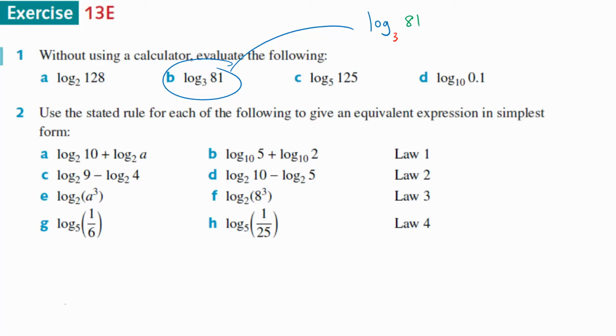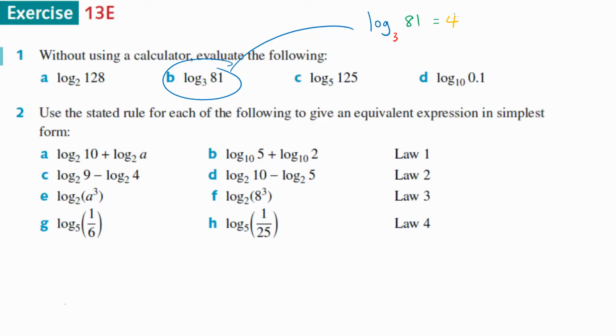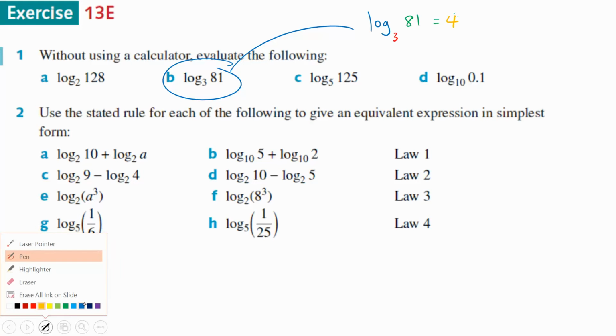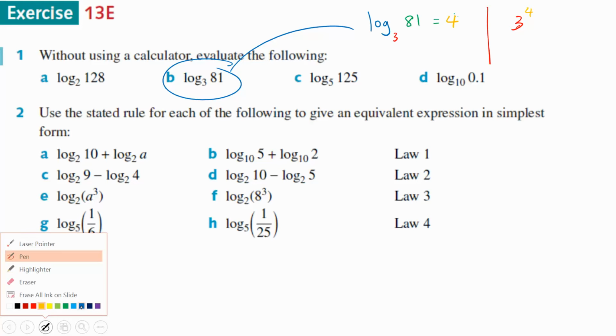So log base 3 of 81 equals 4. That's 4. Okay, I'll use another color, sorry. Blue. What other color can I use? Orange. 4. Yeah? Then it would be 3. So I'll do it here. 3 to the power of 4 equals